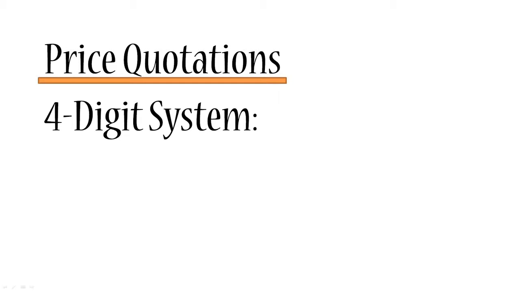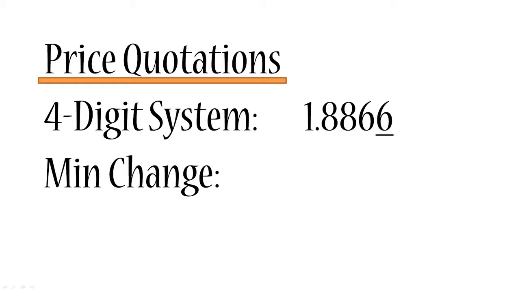So let's look at the 4-digit system to start with. In the 4-digit system, any currency pair has 4 digits after the decimal point. So except for Japanese-based currency pairs, where Japanese yen is the quoted currency, but we'll talk about that later. So the 4-digit system, 4 digits after the decimal point, and the last digit is the minimum change. So the last digit is the 4th digit, and that means the minimum change that any currency pair can experience is